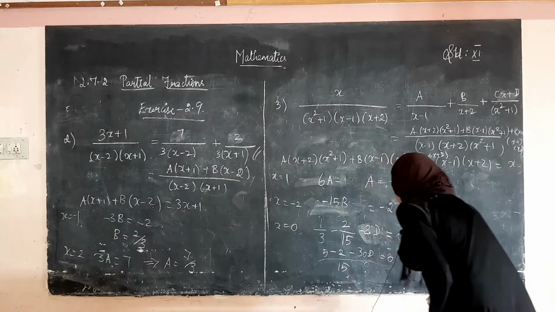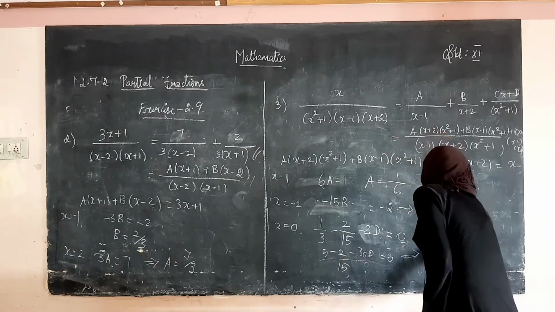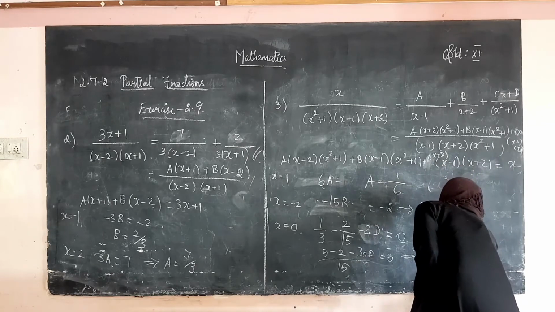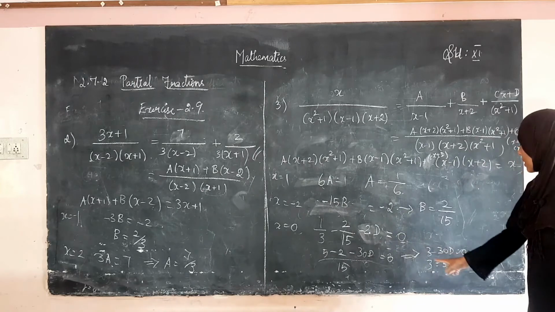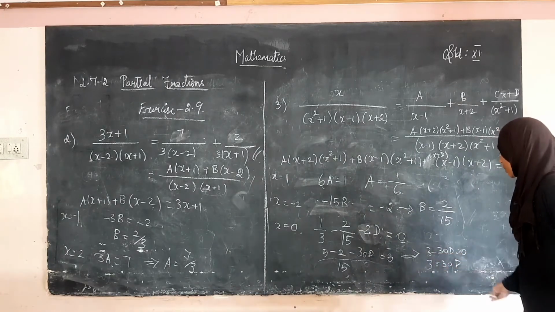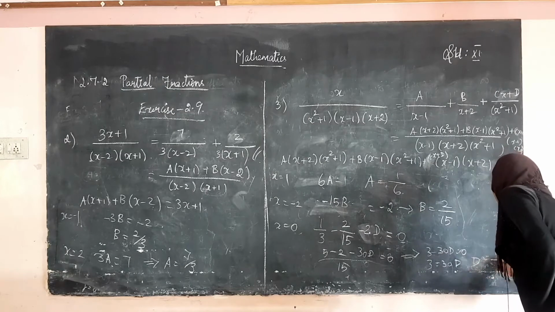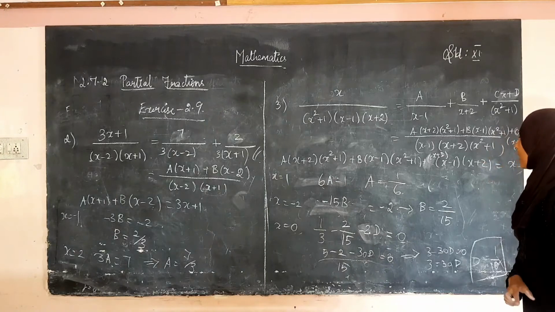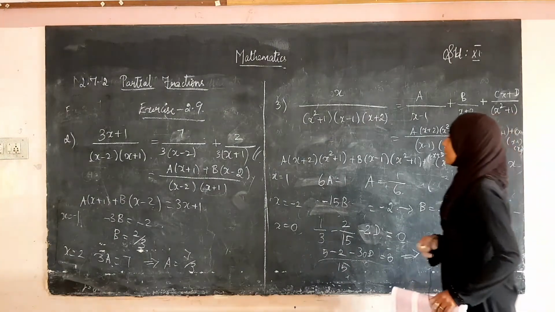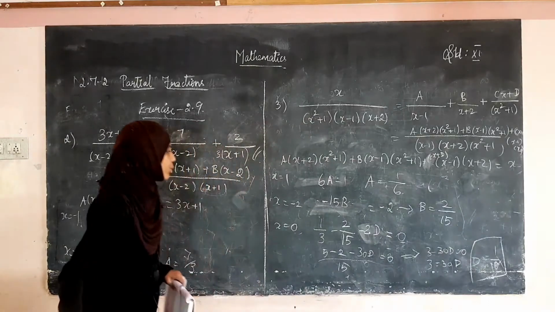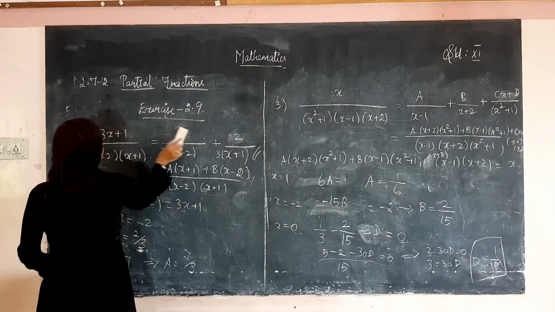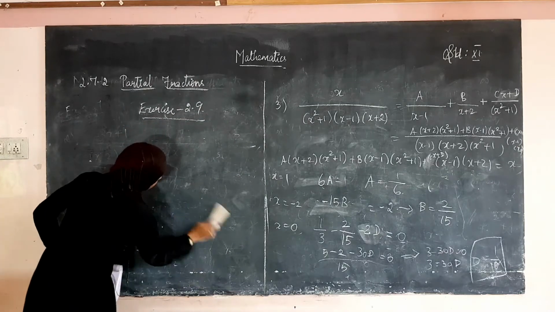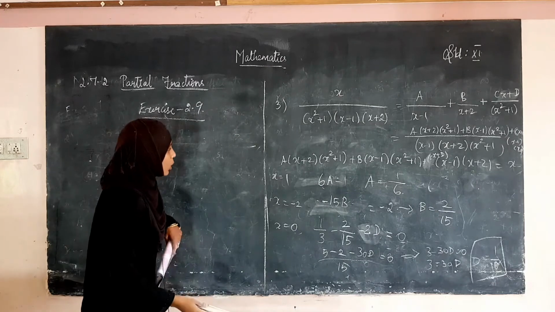Therefore, the equation is 5 minus 2 is 3. 3 minus 30d is equal to 0. Therefore, 3 is equal to 30d. Right? 3 minus 30d. Bring this minus 30d this side. 3 is equal to 30d. d is equal to 1 divided by 10. The value of d is 1 divided by 10. Then what do we have to find? We have to find the value of c. Okay, we have to find the value of c.